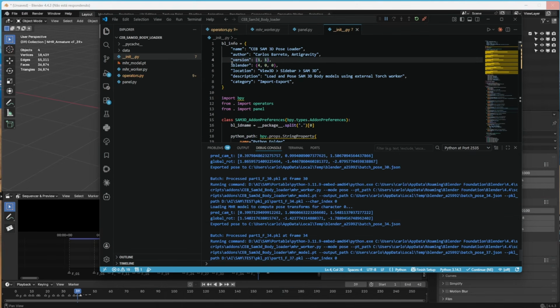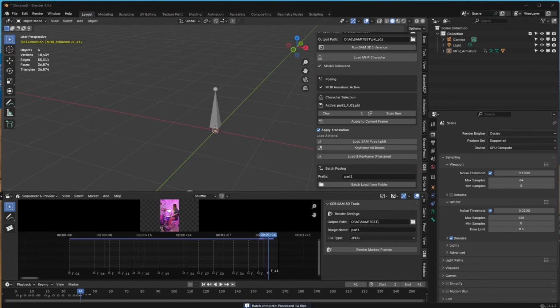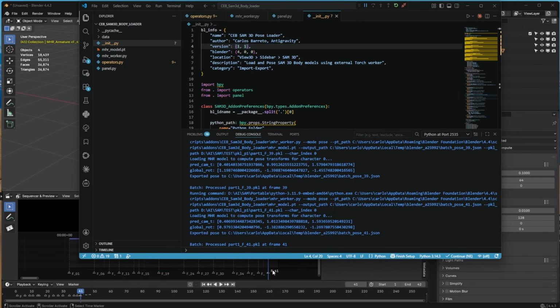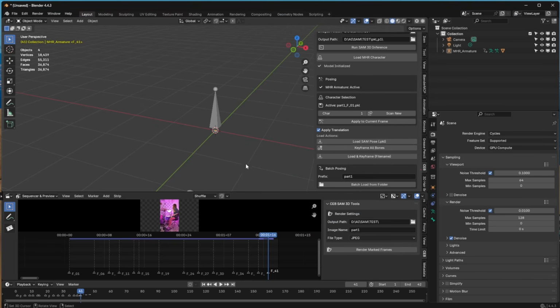it's doing. In my case, I'm showing it in VS Code since I'm running in VS Code. If you have loaded Blender normally, you can open the toggle console window and it's going to show that information. And you see now it's, oops, I lost it. It's in frame 41 and it finished because the last one is the 41. And where's the character? We gotta zoom out, and here it is. Now if we play,